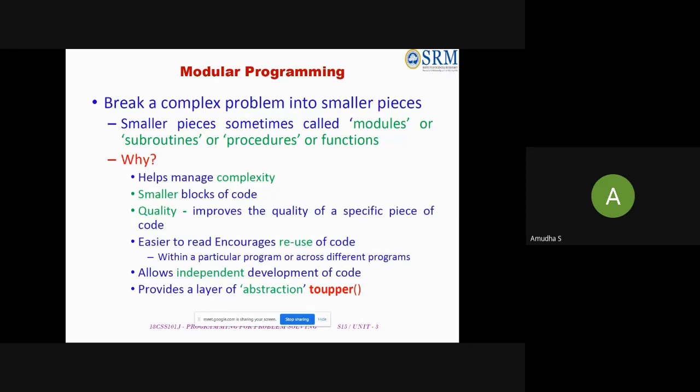So simply I am telling how easily you can complete your minor project. It allows independent development of code and provides a layer of abstraction. So the advantage of modular programming is that you are reducing the complexity of the code,